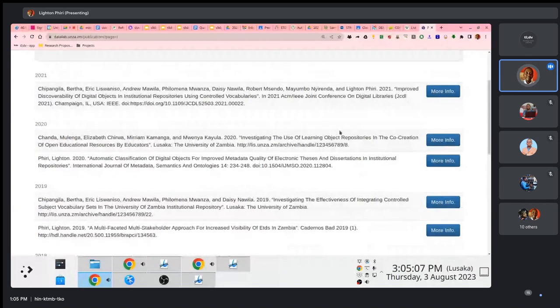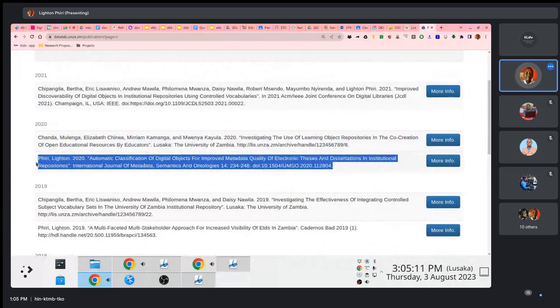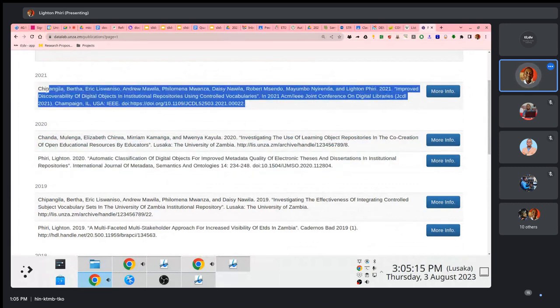This is weird. You want to look at this, for instance, this automatic classification of digital objects. You also want to look at this work we did, we collaborated with our colleagues from the computer science department. The idea is the same. It doesn't matter whether you're working with documents or you're working with social protection data. You can build these machine learning models.